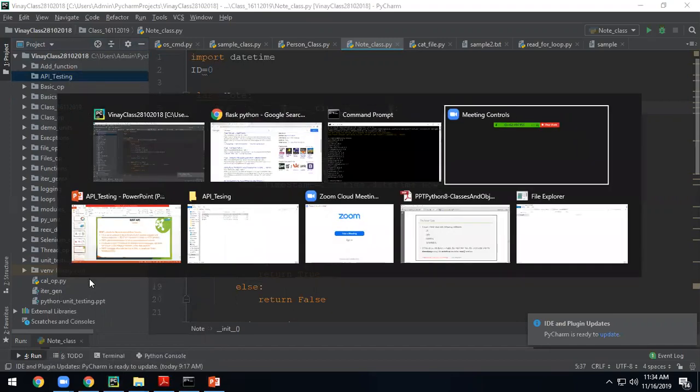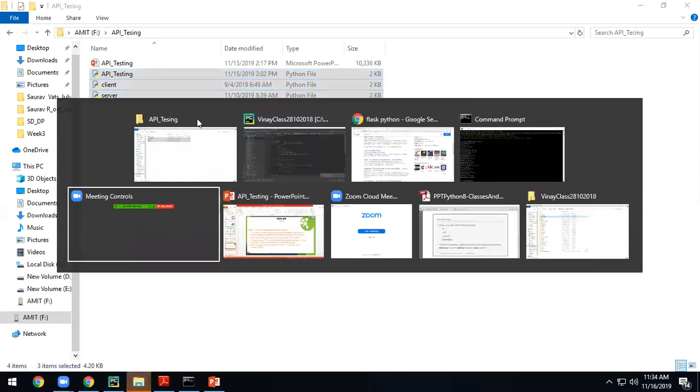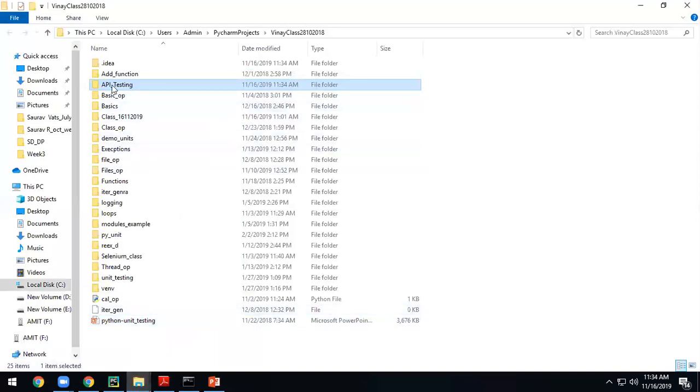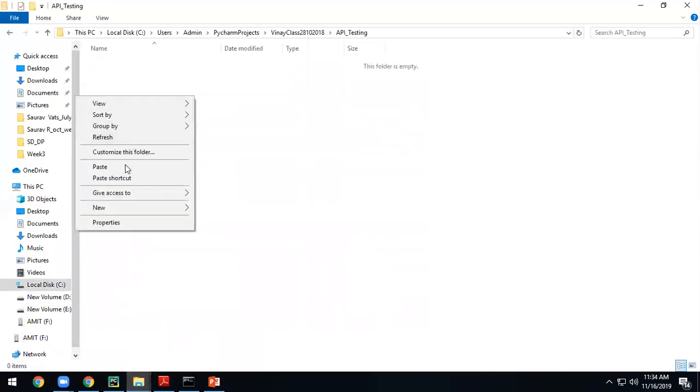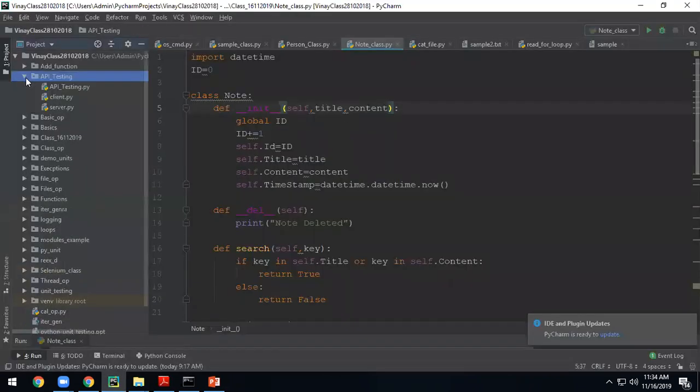I have some files which I'll copy and paste. This is my server.